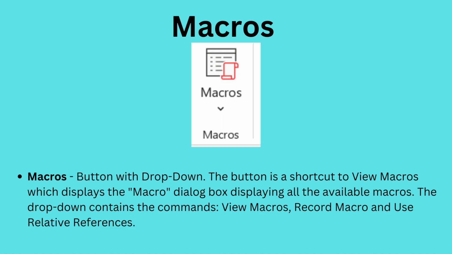The last sub-feature is macros. Macros. Button with drop down. The button is a shortcut to view macros, which displays a macro dialog box displaying all the available macros. The drop-down contains the commands view macros, record macro, and